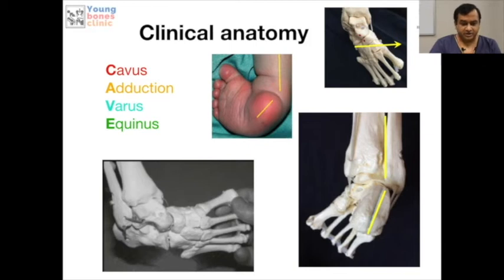So coming back to the idiopathic type, this is the deformity which we see in a clubfoot. As you can see here, the foot is turned inwards, so there is a hindfoot varus and forefoot varus, the foot is turned inwards and upwards. There is a supination of the forefoot, forefoot adduction, varus of the hindfoot, and equinus, so the heel cord is also tight. These are the associated deformities if you want to break the deformity into different parts. It is a three-dimensional deformity in multiple planes, so we need to correct all of them in a special way.